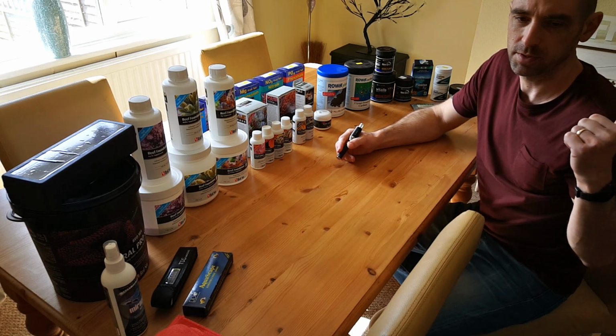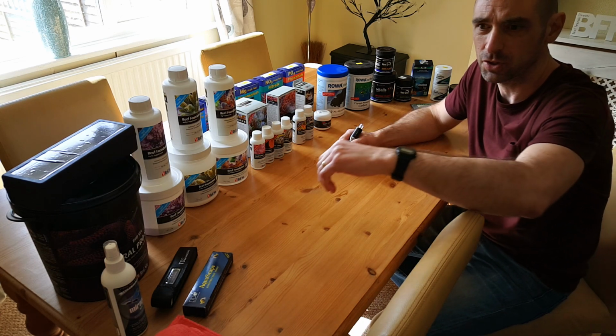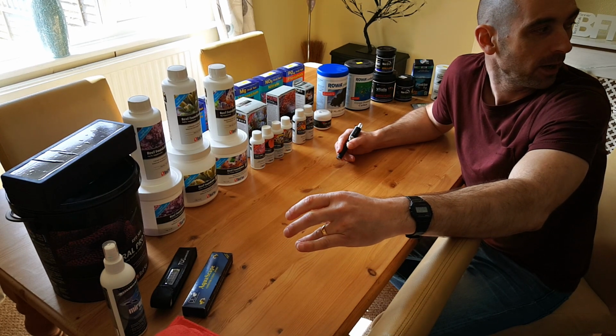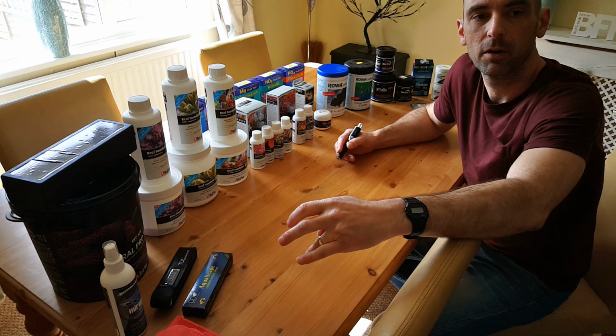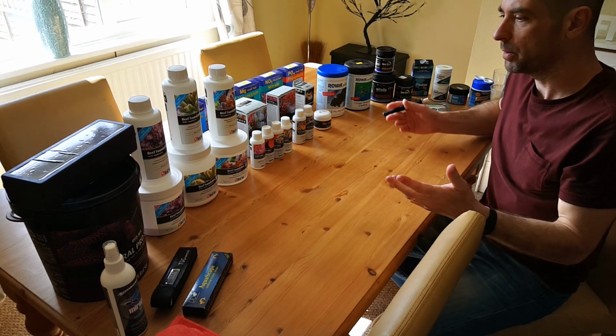I'm just waiting for the tank to clear because I've done loads of maintenance, sort of hoovering through the sand and blowing through the rocks, etc. So it's a bit messy in there at the moment. I'm going to go through a proper update with the coral growth and how we're getting on with the system in a minute. Just wanted to do this first part on some of the bits and bobs that I'm